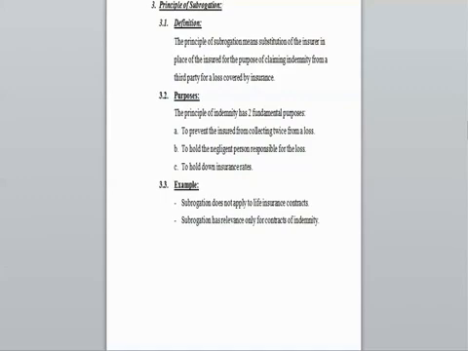Principle of subrogation. Definition: the principle of subrogation means substitution of the insurer in place of the insured for the purpose of claiming indemnity from a third party for a loss covered by insurance. In other words, the insurer is entitled to recover from a negligent third party any loss payments made to the insured. For example,